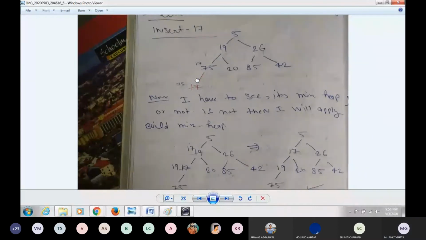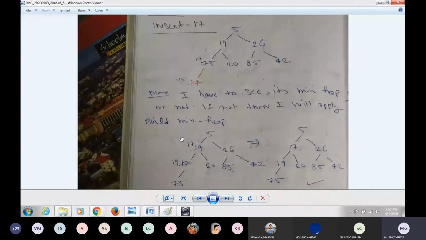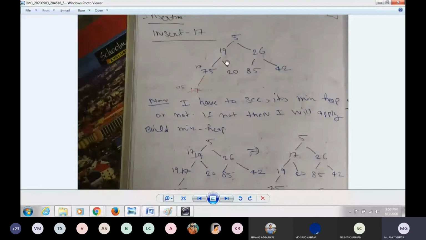Okay, so now I have to see whether it is a min heap tree or not. If it is not a min heap tree, then I will apply build min heap. After inserting the element, first of all I will insert it based on the property of complete binary tree. Then I will check whether it follows the min heap property or not. If yes, then okay.